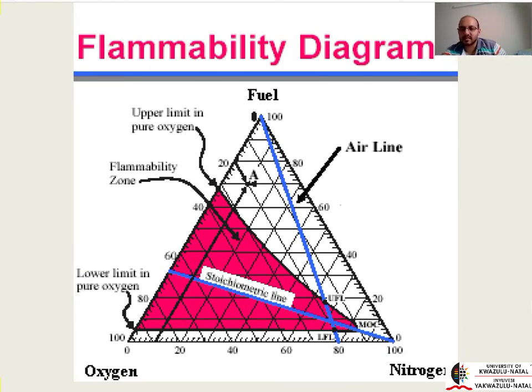So let's start from a consideration of having just air and no fuel. You'd start off with the point over here. So that is your 79% nitrogen, 21% oxygen, and 0% fuel. And as you introduce a fuel into this mix, so let's say if we're looking at a closed container, it's